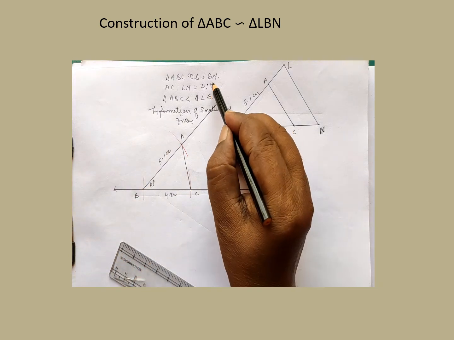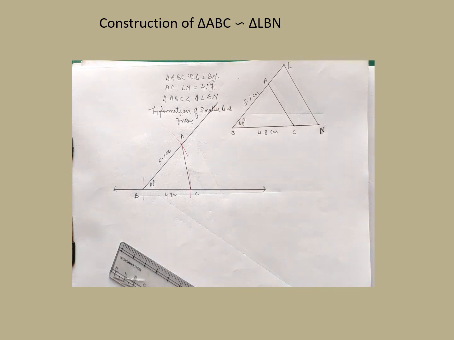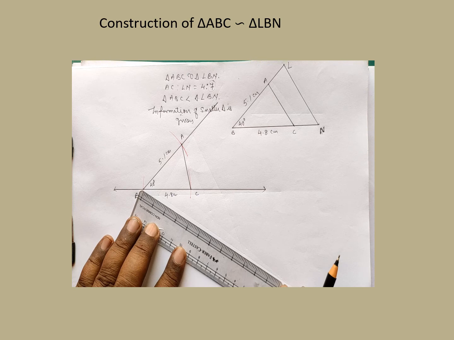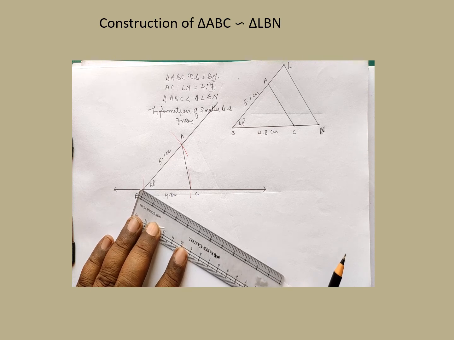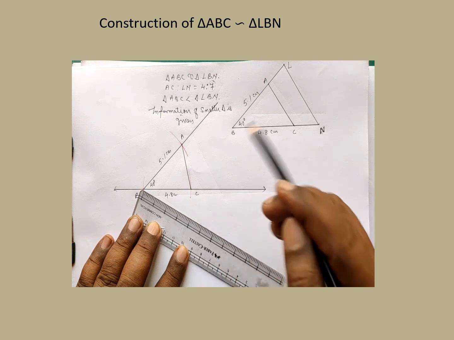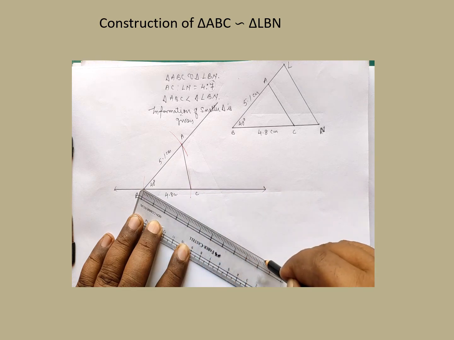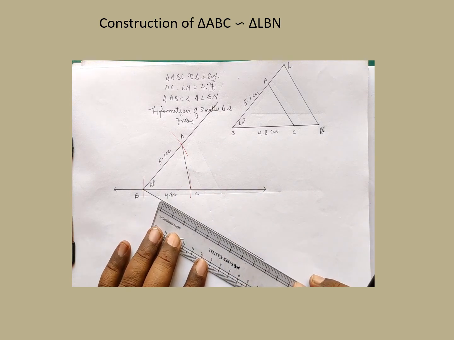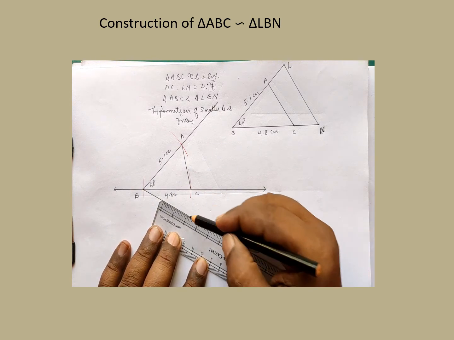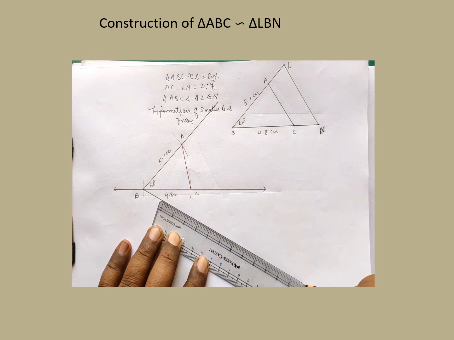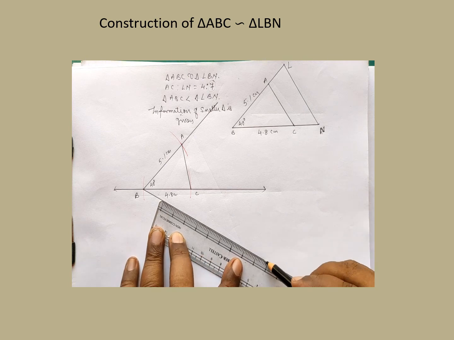Now the total ratio they want is equal parts in 7. So what I'll do, I will draw an acute angle which will help me to get 7 points. So let us begin. Let's see what happens. Same method. You can extend it, there is no issue, but it should fit to your paper. That is what I say.